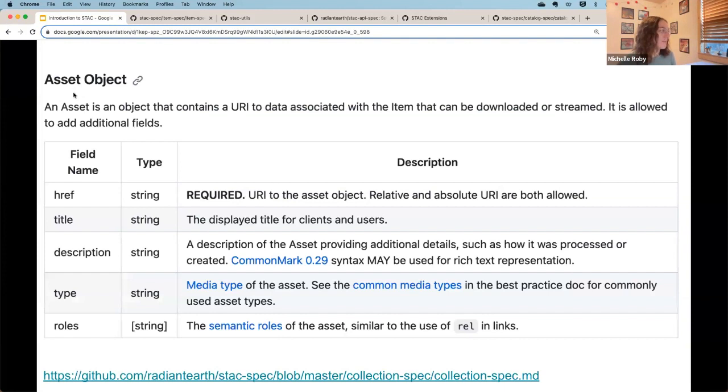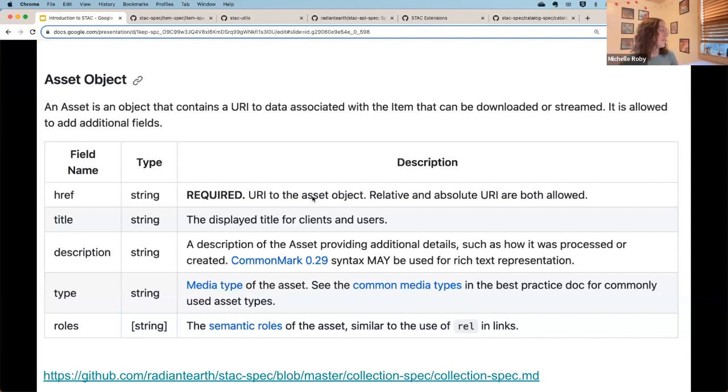As far as the asset object, we're at the very end of the catalog. We're finally to the data that we want to download. And the only thing that's required from here is the link to the object itself. So, where am I downloading this from?